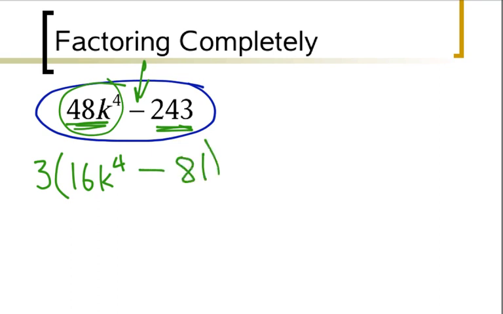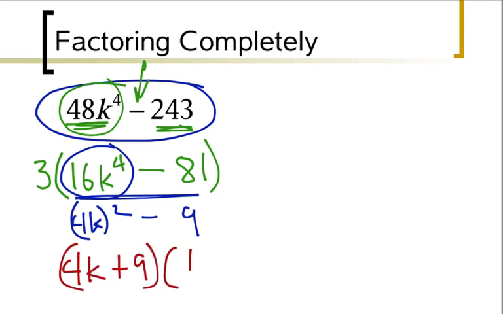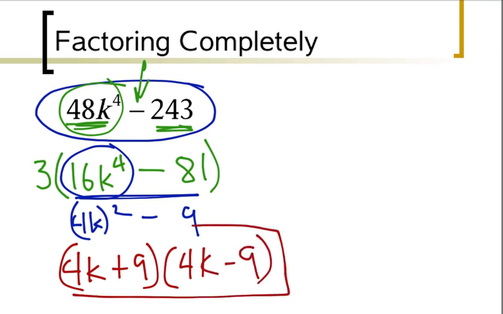is 81. So now that I've done a GCF, I actually can look back at my problem that's left on the inside and say, alright, well that actually still looks like difference of squares. And it actually is at this step. I got 16k to the 4th, I can square root that, and that would give me 4k squared. 81 square root is 9. So this actually can be further simplified, where this stuff on the inside of the parentheses turns into 4k squared plus 9 and 4k squared minus 9. So this is what the inside part factored to be, but you've got to be careful